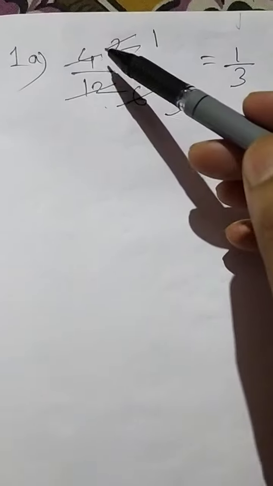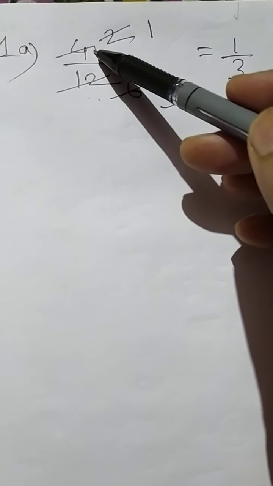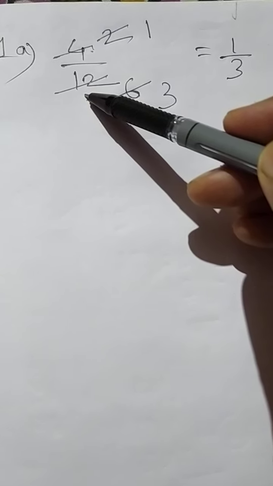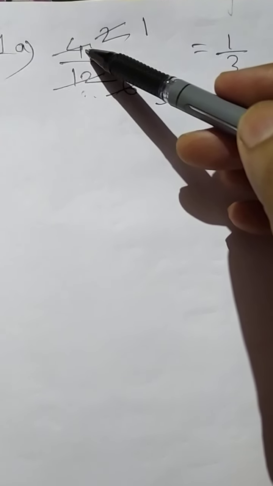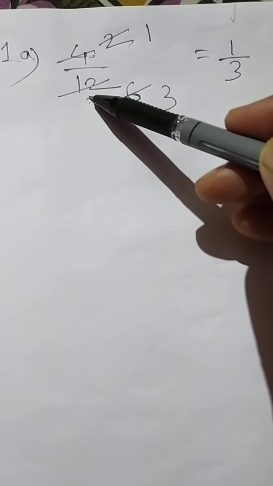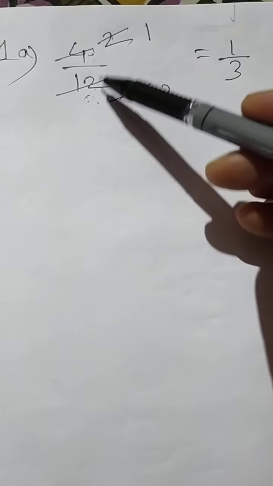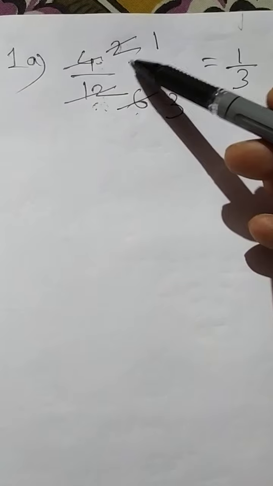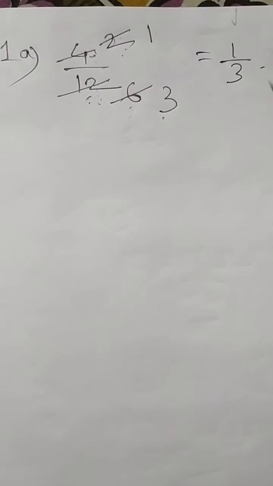And remember one thing. Both numerator and denominator you have to cancel with the same number. Suppose for example I am cancelling the numerator with 2 and the denominator with 3. It's wrong. If I'm cancelling the numerator with 5, then the same number 5, I have to cancel the denominator also. So here, in both numerator and denominator, I have cancelled with 2. So first time it is coming 2 by 6. Again with 2, 2 1s are 2 and 2 3s are 6. Now this one is the lowest term, 1 by 3.